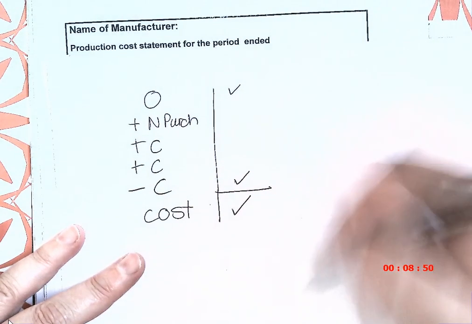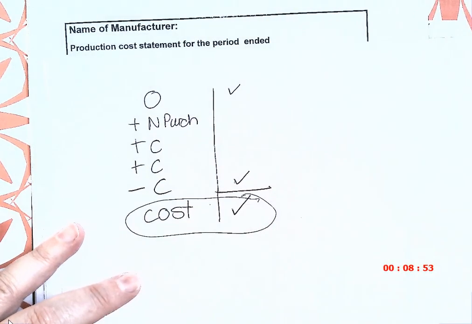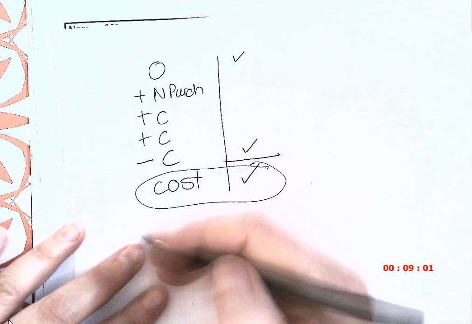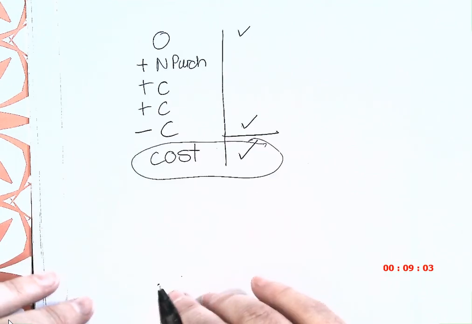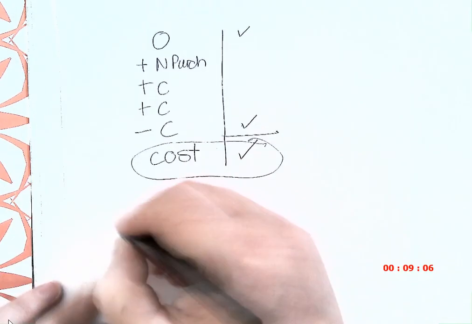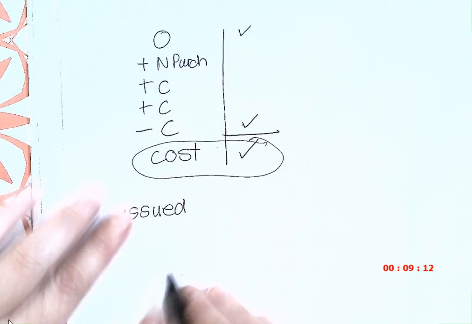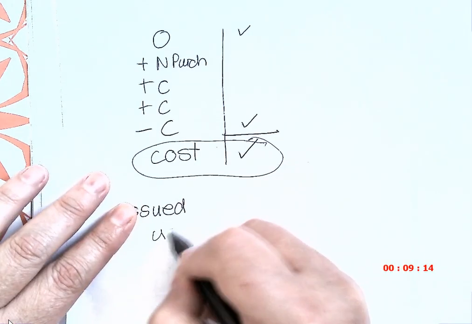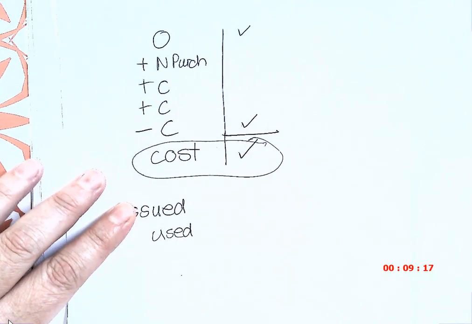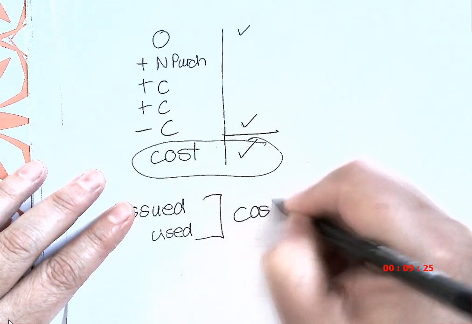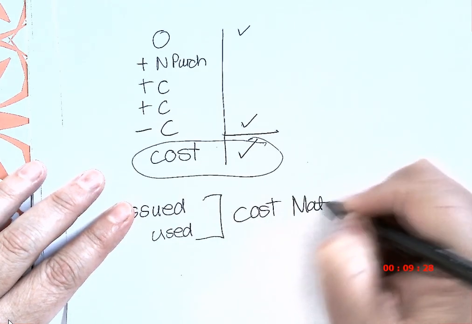So why would I want to plus and minus if they gave me what I wanted? So when it says issued, that is the cost. Yes. So we don't need to subtract the closing if we got it. Exactly, that's what I'm trying to say to you. The moment it's issued, can you see issued looks like used? It's an anagram. So if I used it, this is the cost of the material that I used.